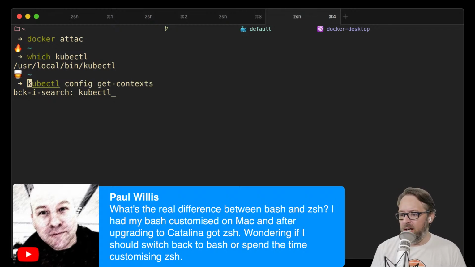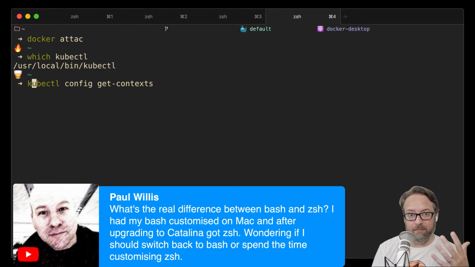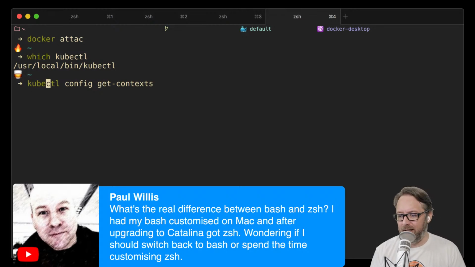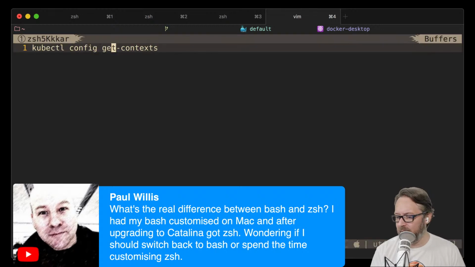And then, I like Vim. I use Vim all the time. So I can actually escape out of my command line, and I get the Vim functionality in my command line, which means I can insert, or wait, maybe it's not working. Oh, there we go. So I just pulled that into a Vim terminal so I could edit that command. I don't know why I would ever do that, but